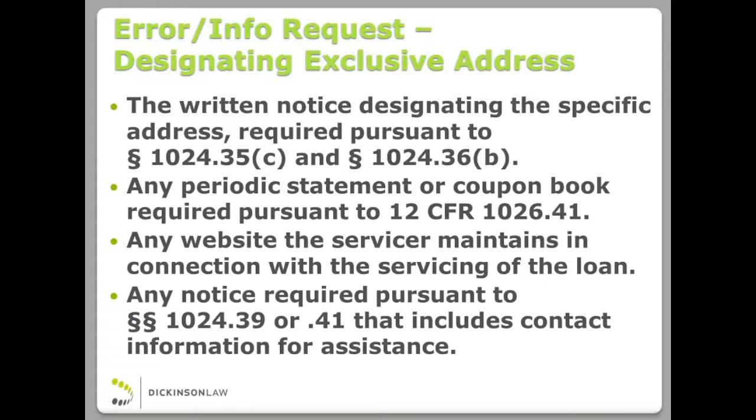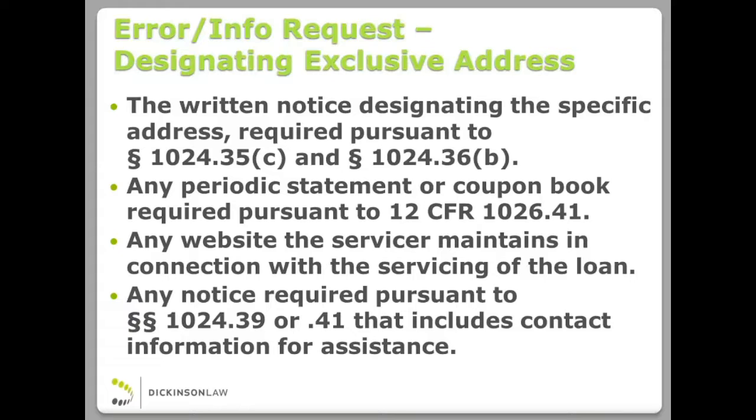For some smaller banks, that might not be a problem. You might have a small enough number of branches and have strong enough communications between your branches that wherever the borrower sends it, you're going to be able to respond within the time frames. If that's the case, then you may not need to designate an exclusive address. If you're a larger bank with a lot of branches, or if you have concerns that you'll be able to acknowledge receipt within 5 days if it's sent to some faraway branch, then you might want to consider designating an